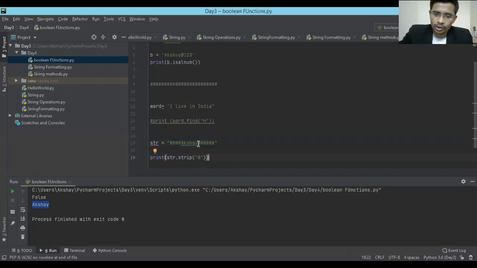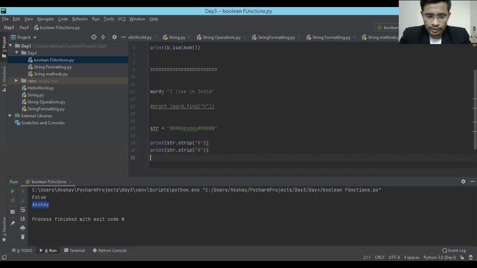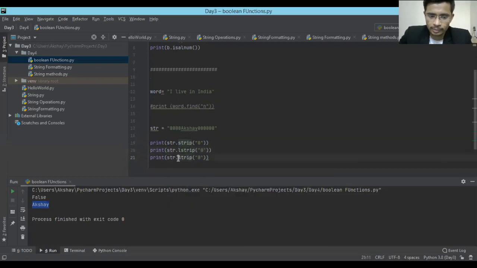But if you want to keep something at the first place and remove only the last things, there is one more function. I'm just pasting it to save time, because we are already ahead of time. If you want to strip the left part only, you can use lstrip. If you want to strip the right part, you can use rstrip.